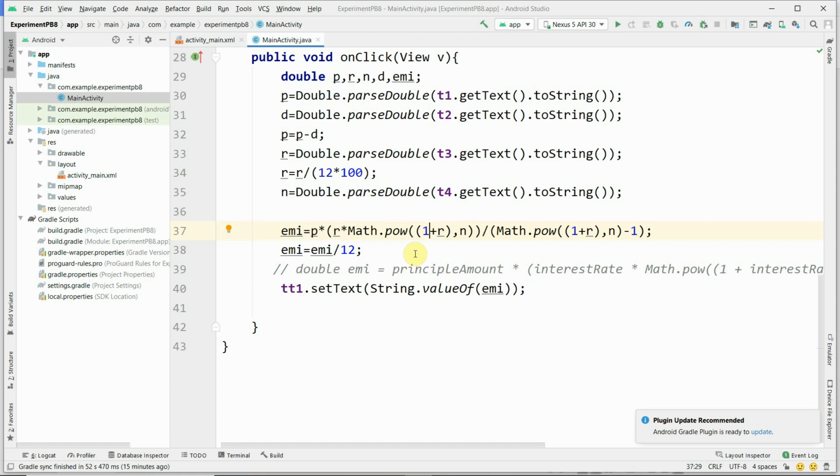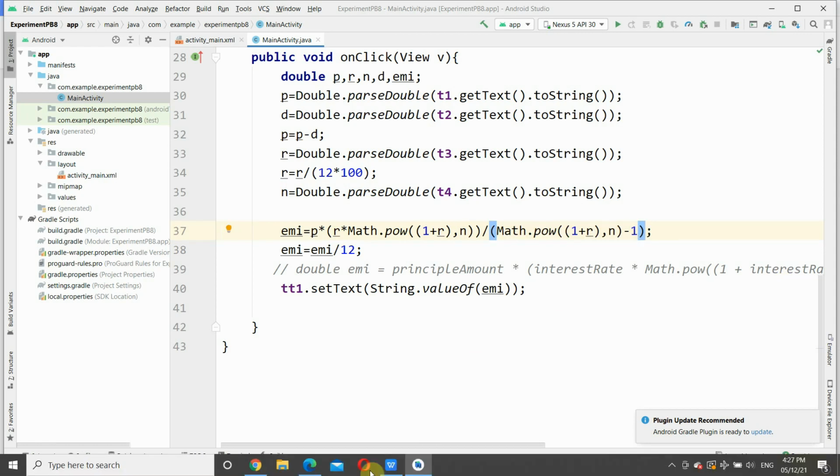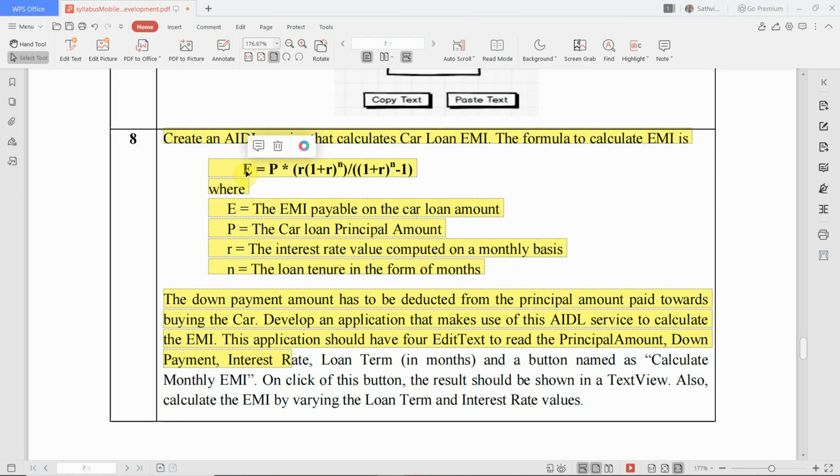In this case 1 plus r is the base and n is the exponent, and divided by Math.pow(1 plus r, n), where 1 plus r is the base and n is the exponent, and then minus 1. This formula is implemented. The formula given here is implemented. The power n is computed using the pow function.